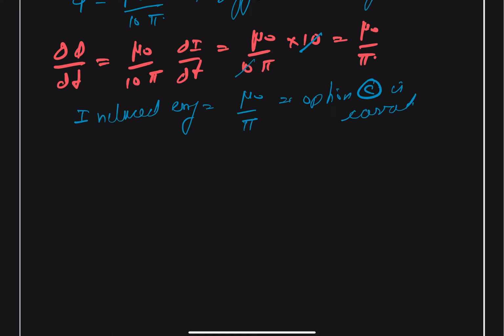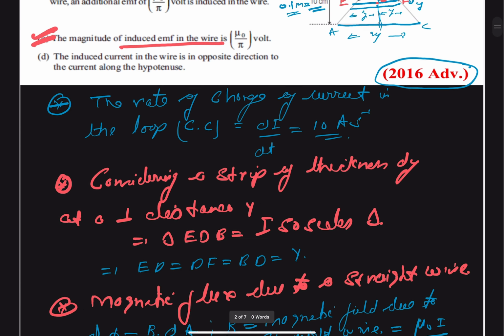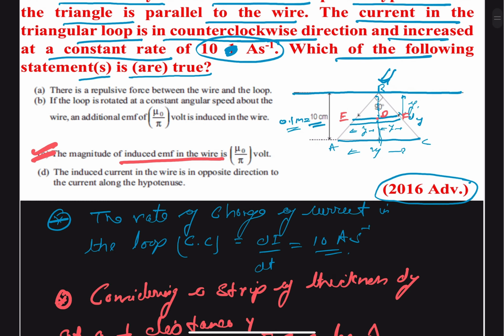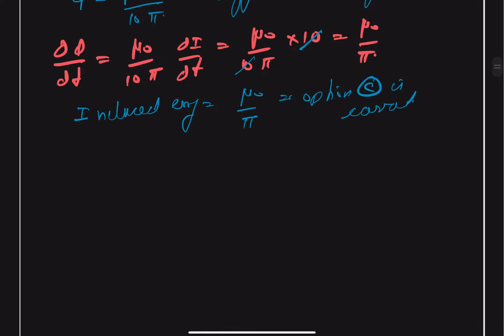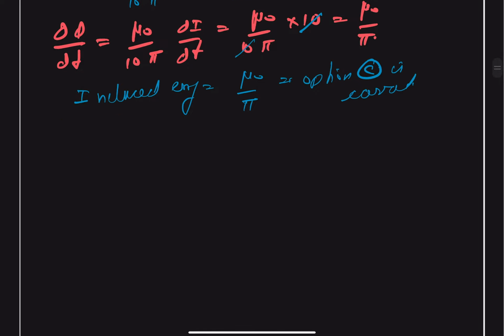Okay, now next it is said that we are going to check all the options now, and in option number A, it is said that there is a repulsive force between the wire and the loop. So let us